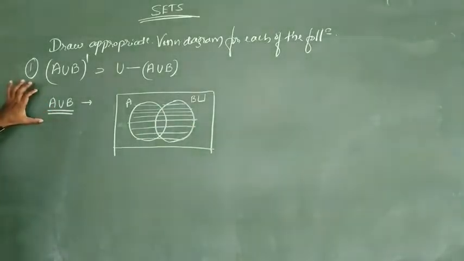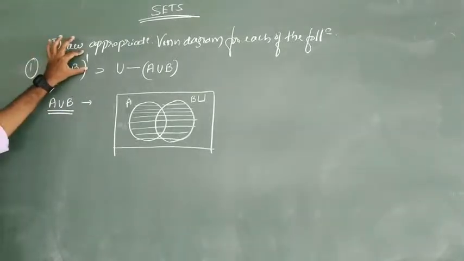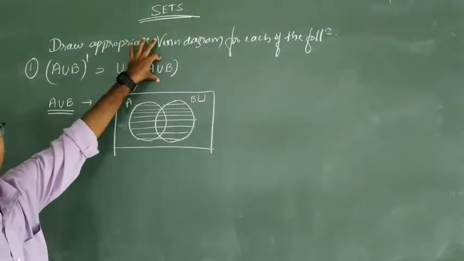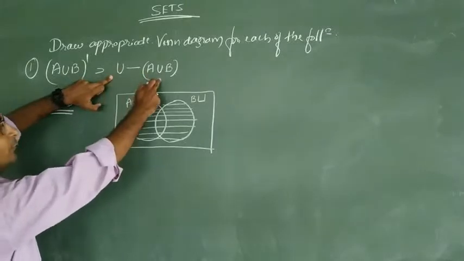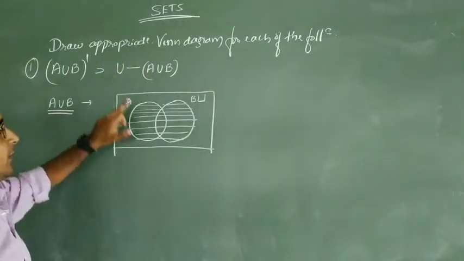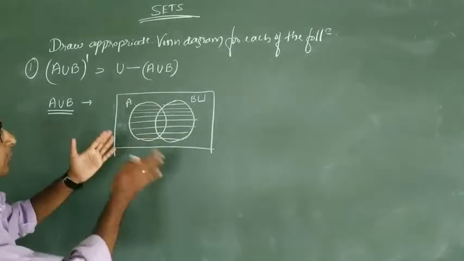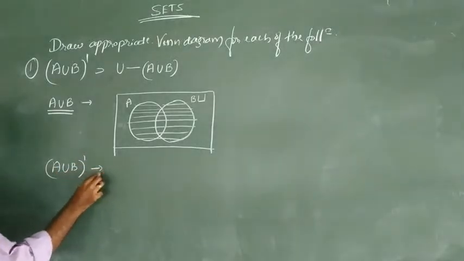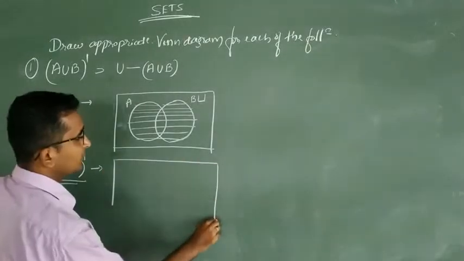Next, what I want is (A union B) whole dash. What does it mean? The elements which are present in U but not in A union B. Whichever elements are inside the universal set but are not inside the union. Look here, now the union is here, inside A union B. The opposite of this is the elements which are present in U but not in A union B. Then how does the diagram come? A union B whole dash is like